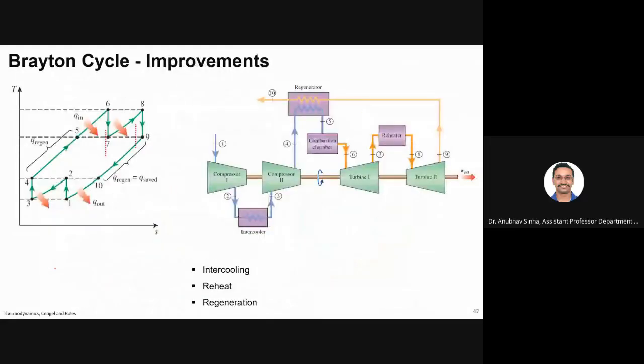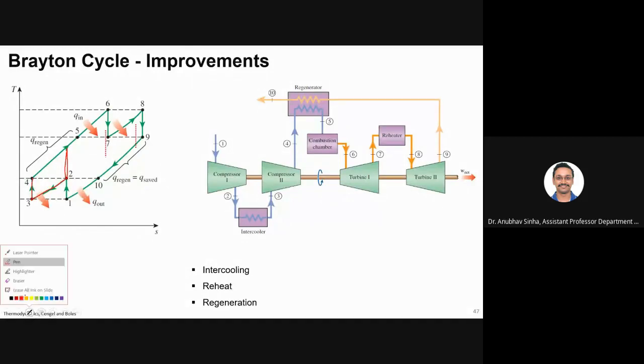Okay, moving on. So we are almost ending this chapter. So for the Brayton cycle, what are the various things that we can do for improving the cycle? If you see here, we go from 1 to 2. Now if I proceed further, the area will be reduced. This will be the final area, right? Now instead of going that way, what I can do is cool it down, so I can bring the temperature down and then start compressing again.